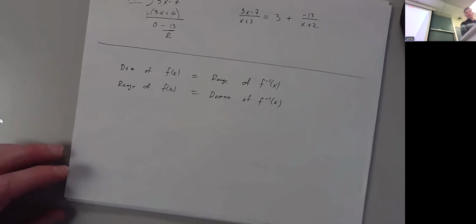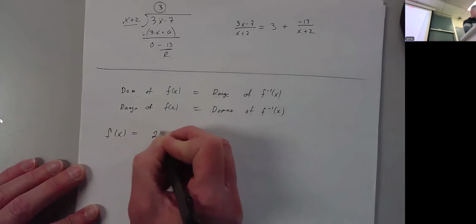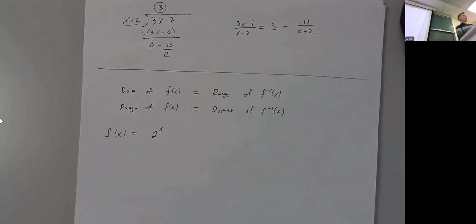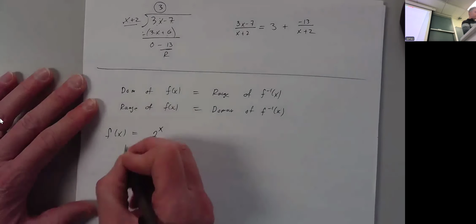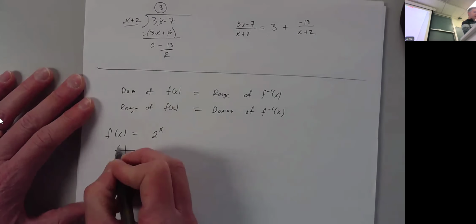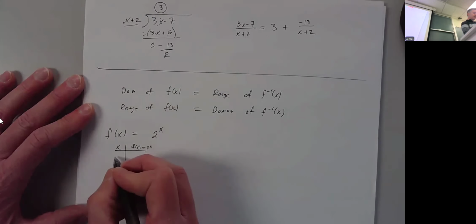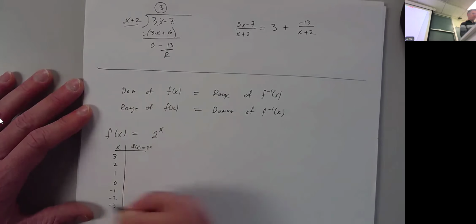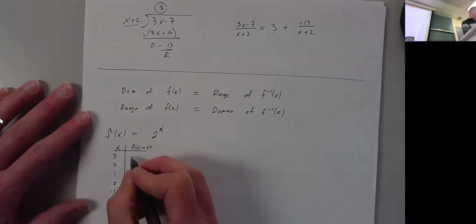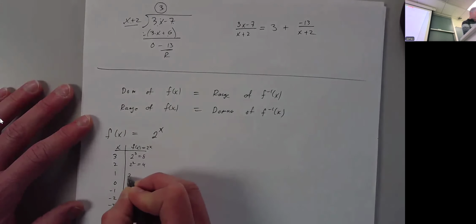So probably my favorite exponential function is f of x equal to 2 to the x. And when I graph this, I usually graph this one by plotting some points. For example, I'm going to pick some convenient values of x, like 3, 2, 1, 0, negative 1, negative 2, negative 3. So 2 to the third just means 2 times 2 times 2, which is 8. 2 squared is 4. 2 to the first is 2. 2 to the 0th is